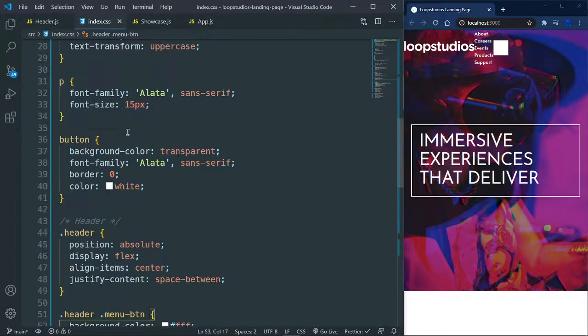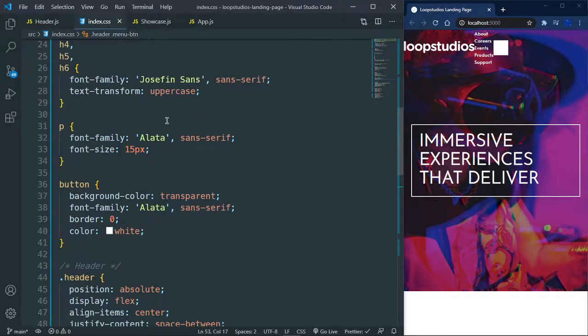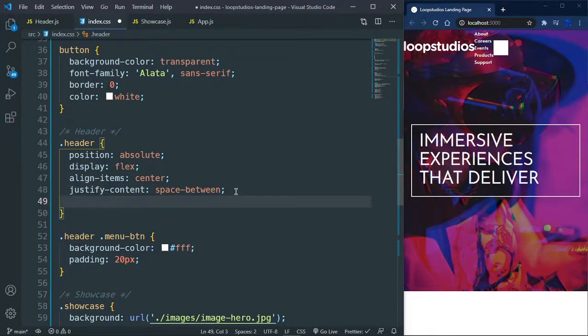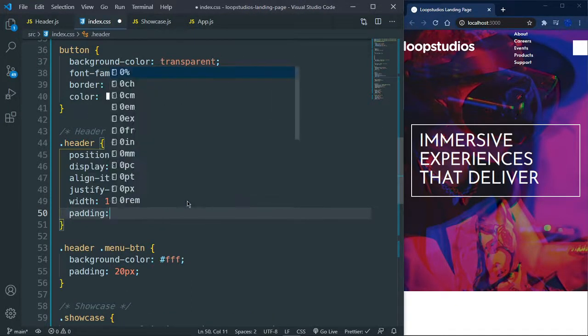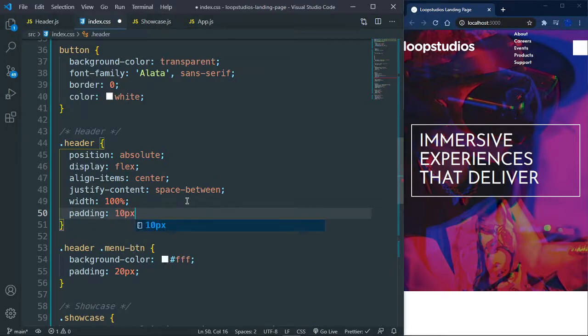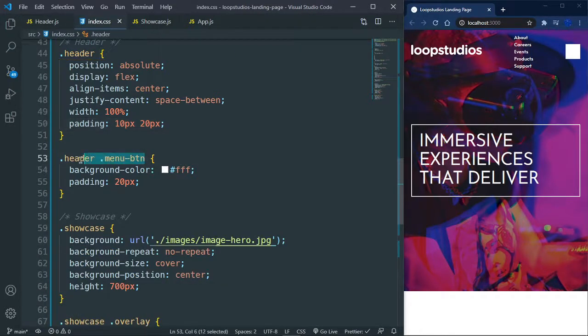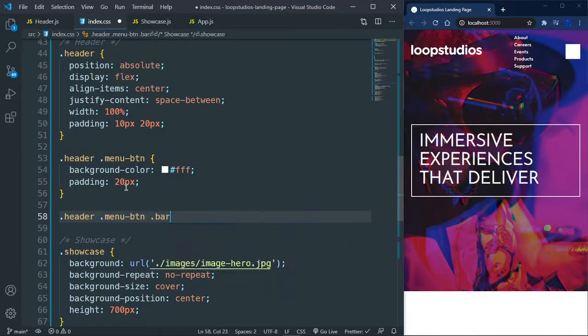And then I need this to go to the end. Remember, we positioned it absolute, even though it's space between, it doesn't go to the end. So to fix that, I'm just going to say width of 100%, which will push it to the end like that. And then let me add a padding of, let's say, 10 pixels on the top and bottom and 20 pixels on the left and right, like that. And then I want to target each of the bars inside my menu button class. So I'm going to say for the bar